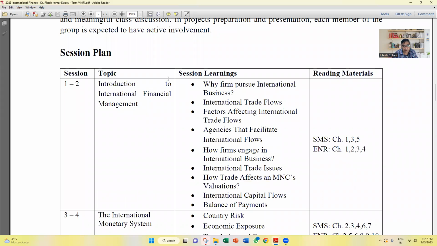If you are already aware of this particular course outline, you would know what we are going to cover, and it's going to be more of a practice oriented course, right? There are going to be a lot of economic theories which are going to go into the background, but we will be analyzing it more from a practice perspective, that okay, let that theory be in the background, but how does it impact the trade and transactions that are happening in the modern day.